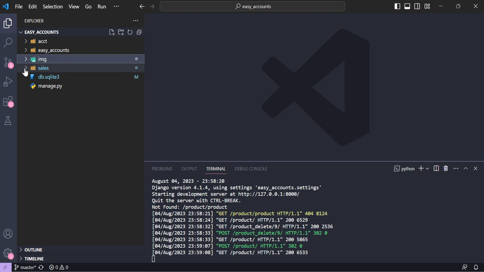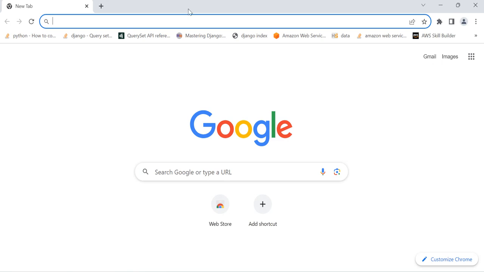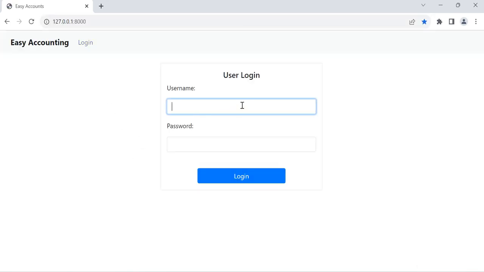In sales, I just created the product right now, so we can see how we can register the product and how we can do the CRUD operations on product. So let's start. First we can log in using the Django authentication system,